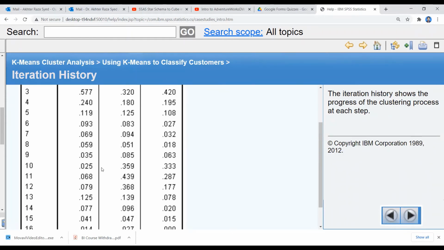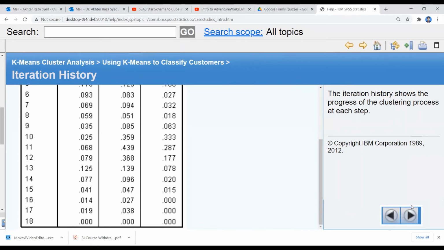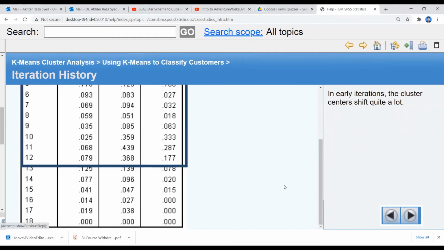If we specify 10 iterations, the output will not be stabilized at the 10th iteration. With 20 iterations, it is stabilized at the 18th iteration. There is no need for the 19th and 20th iteration.